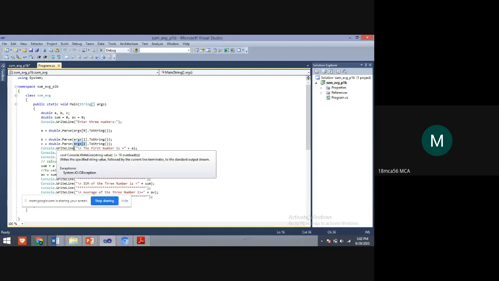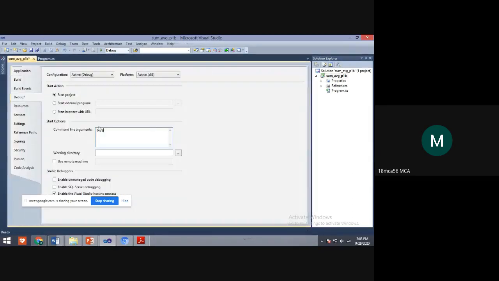Yes, students, don't get confused with indexer. Here we are taking the first value as first argument, second value as second argument, and third value as third argument, and we are calculating the sum of those three arguments: argument of 0, argument of 1, argument of 2. Then we are finding the average, and that average we are displaying. Here 6 is argument of 0, 5 is argument of 1, and 9 is argument of 2.